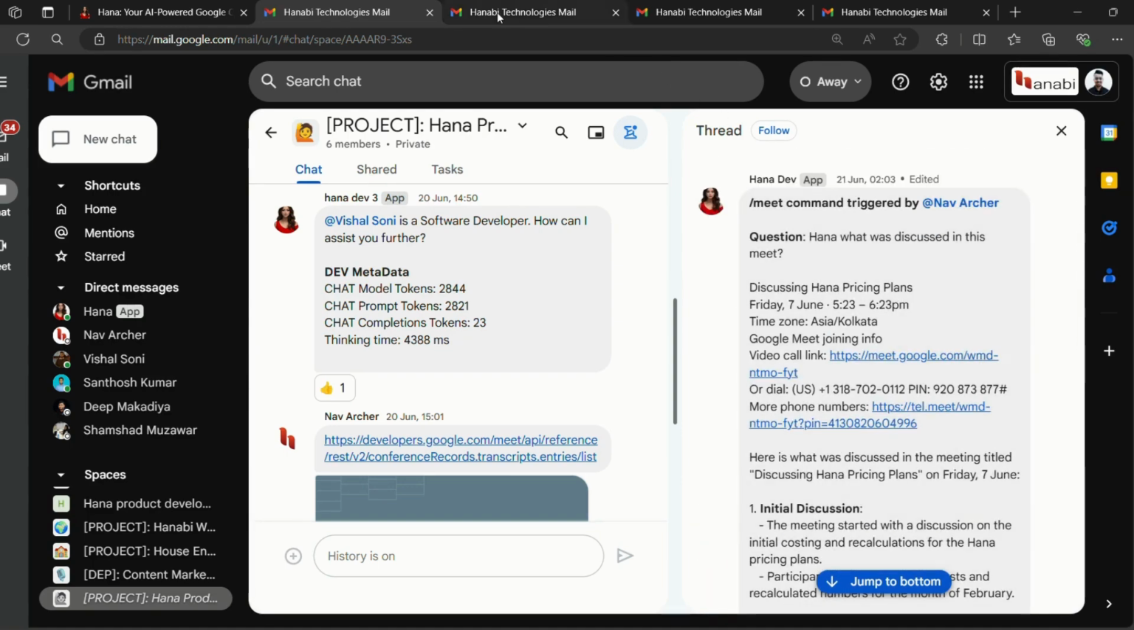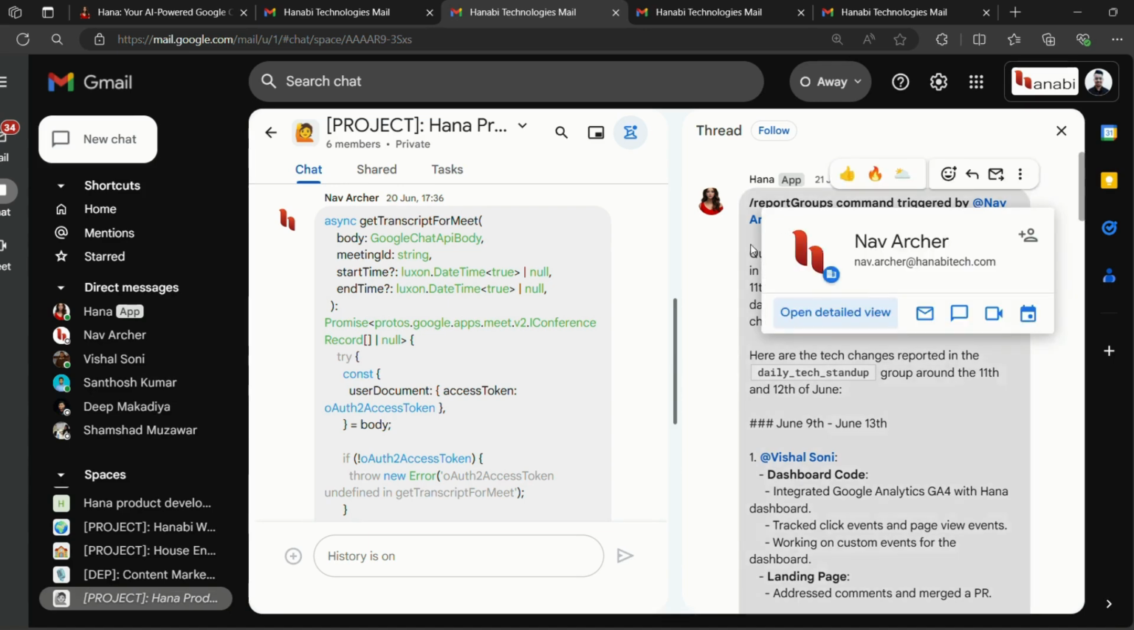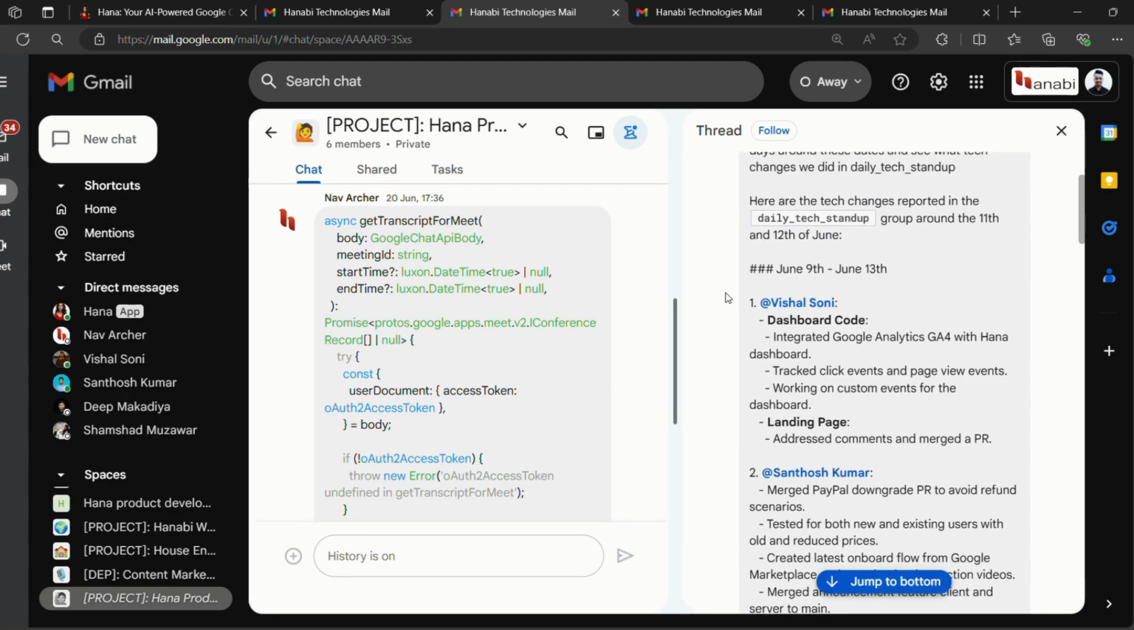Then we will move to a second example where again now Archer has triggered a report groups command, on the 21st of June. He wanted to recall what was being done on 11th and 12th June to understand why they have a spike in database data in Google Analytics. So he asked Hana, by triggering a reports group command, what was being done on 11th and 12th June by the tech team. She very well gave all the information on what was done around 11th and 12th of June,